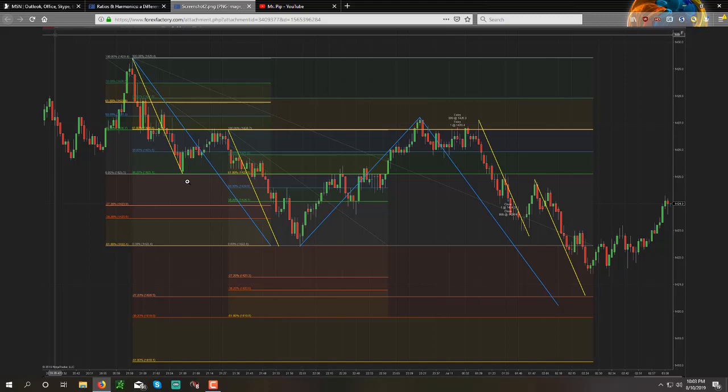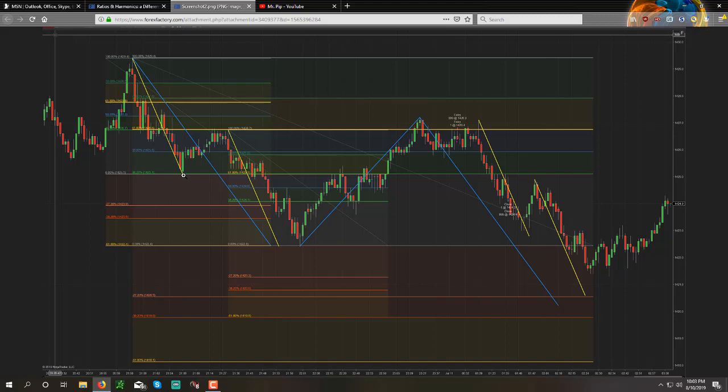You don't have a fib on this swing. With the information that we have, we see that price came here, made a complex correction, attempted to break lower here, and made what appears to be a new structure high. Based on the information that we have, this is a new structure high, and this is a higher low.